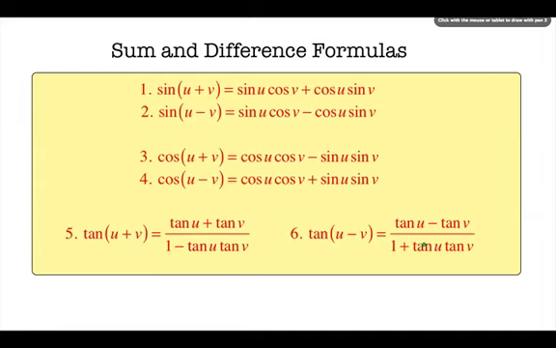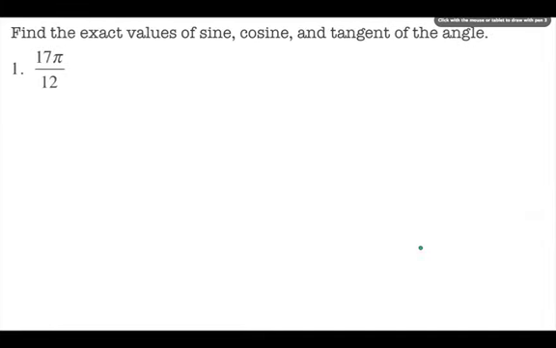Okay, so moving on. This is the first problem. It says find the exact values of sine, cosine, and tangent of the angle. If you look at this radian measure, you're not going to be able to find it on the unit circle. To help you see it a little bit better,